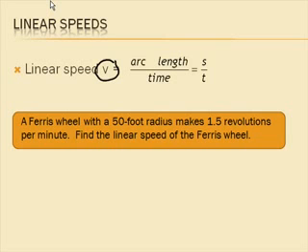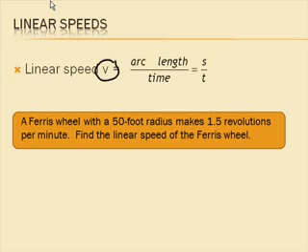Okay, so we have a Ferris wheel. We have the same problem again. 50-foot Ferris wheel, and it's making 1.5 revolutions per minute. Find the linear speed. So the linear speed, if we use this formula up here,